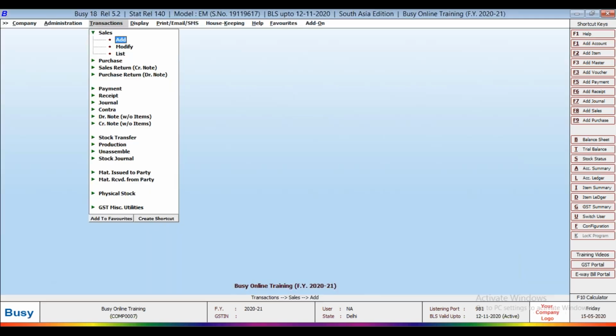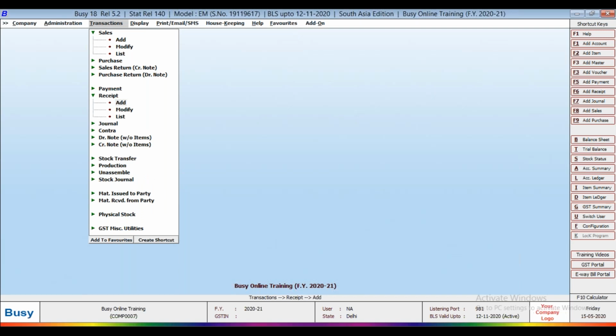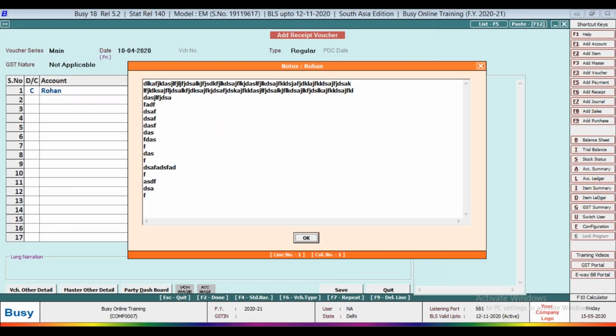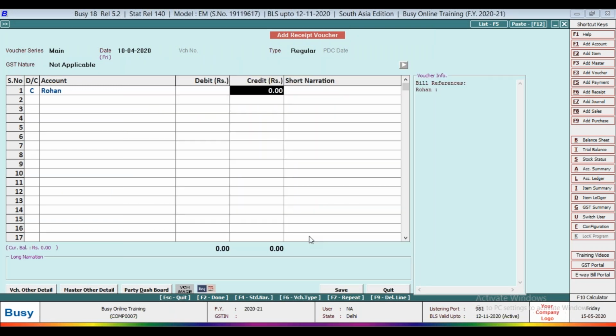If suppose you make an accounting voucher like receipt from Rohan, then Note Master and Account Master image will be coming.